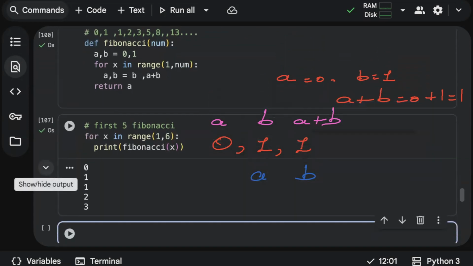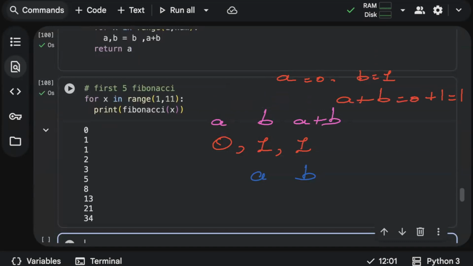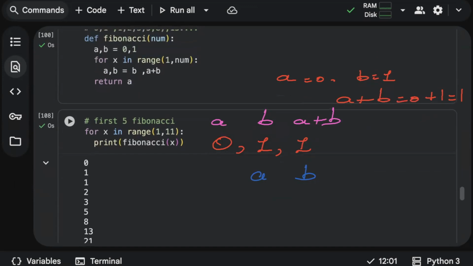The first 5 Fibonacci values are 0, 1, 1, 2, 3. If you wanted the first 10, you can see 0, 1, 1, 2, 3, 5, 8, 13, 21, 34. So this is how the logic is going to work. Every time the previous two numbers are getting added. So don't return b, always return a. Got it? Hope it's clear.